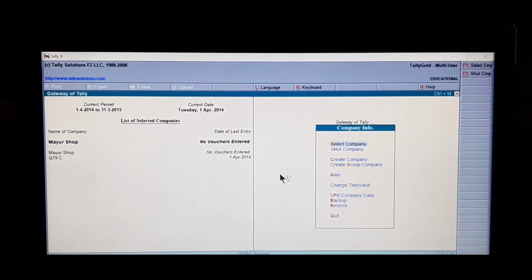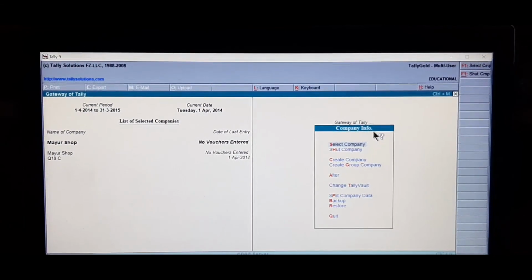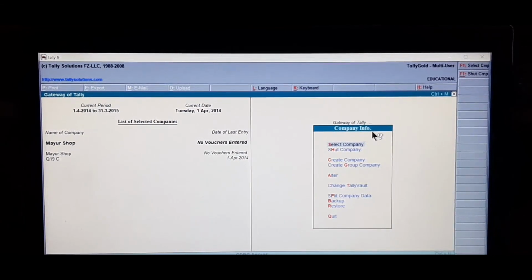We will be back with Company Info menu. To go back to Gateway of Tally, press Escape.